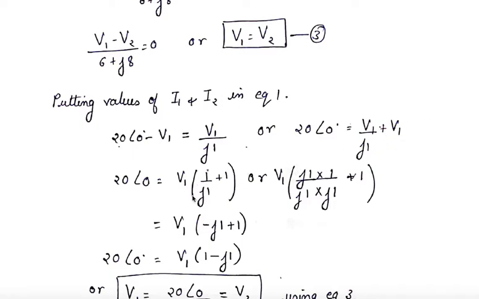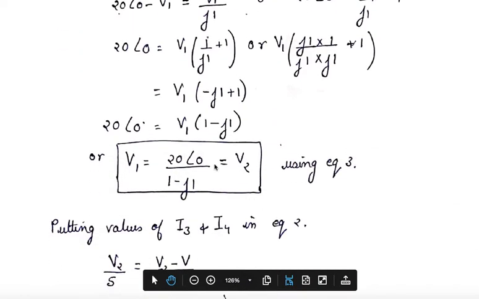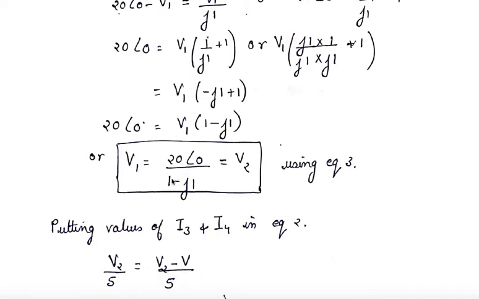Now to make it a little bit easier, we'll multiply both sides with j1. So both sides we have multiplied with j1. j square we know is minus 1, and it will be minus j1, because it is much easier to solve a question in linear form rather than making it in denominator form or fraction form. So now it has come in the linear form. So now we get the value of V1 as 20 angle 0 degree divided by 1 minus j1, and it would be the same as V2.